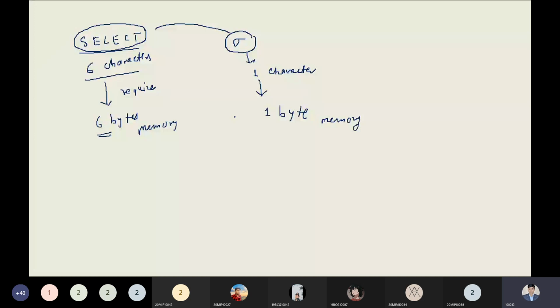So my dear students, this is the beauty of the compiler. The database compiler will use symbols internally to manipulate your query. This is just for understanding purposes, why we are understanding relational algebra with queries.